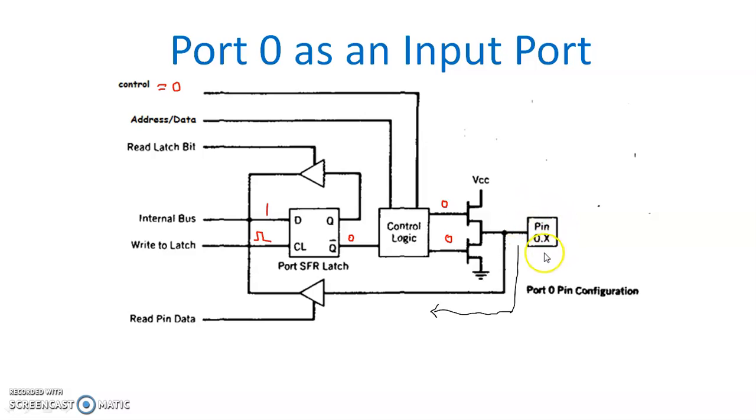Therefore, the pin is kept floating. Since it is an input pin, whatever value comes from your input device goes to the pin, and it goes along this path. Here it is a tri-state buffer. To the buffer, when the read input data gets activated, then the data will be transferred to your internal